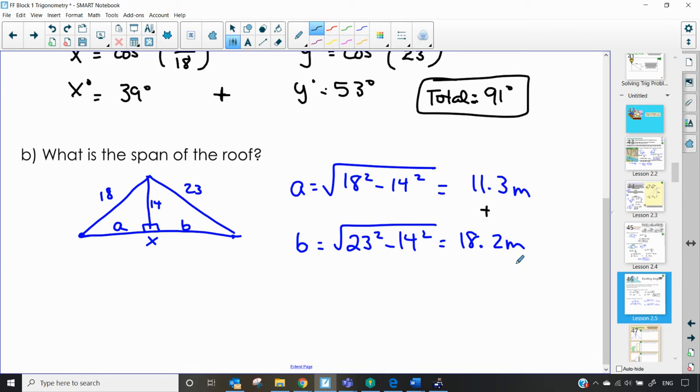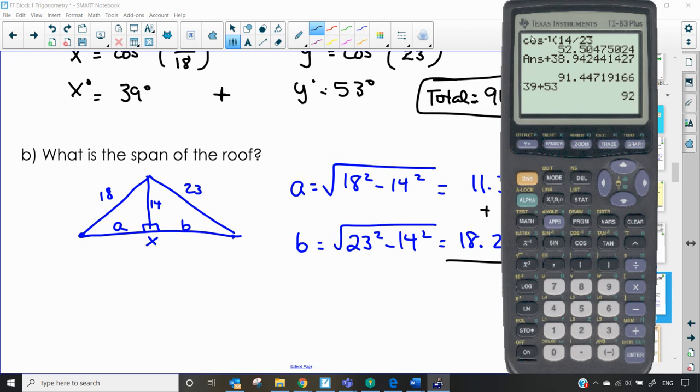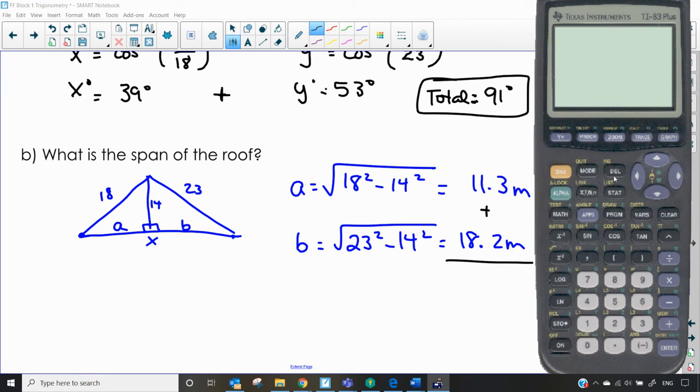And the span of the roof would be the total of those two numbers. So the span of the roof would be 30.0 meters. So let's see why that is. Again, rounding is important as we're working through all of this. So second function, 18 squared minus 14 squared gives us 11.3. And then square root of 23 squared minus 14 squared gives us that 18.248. So we add those together, 11.313,